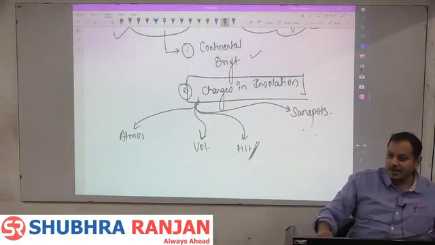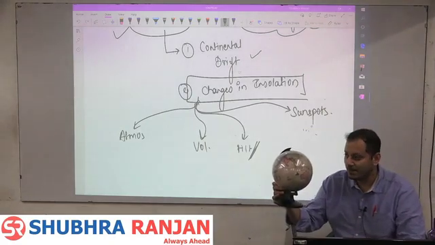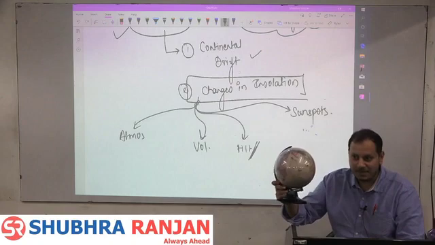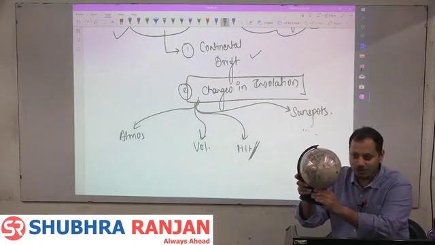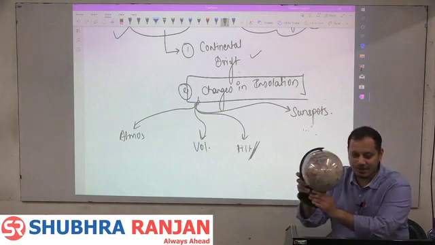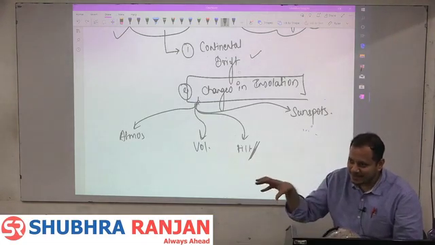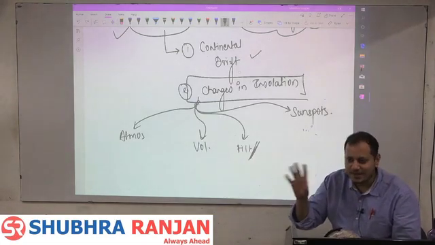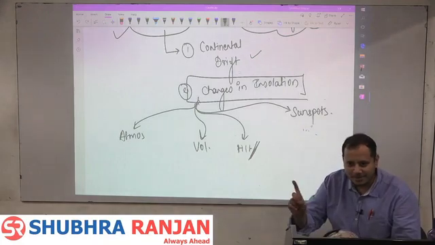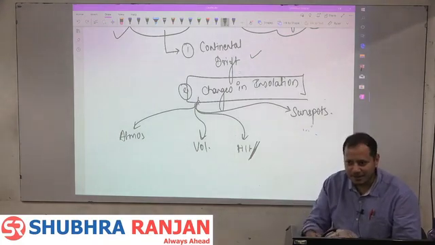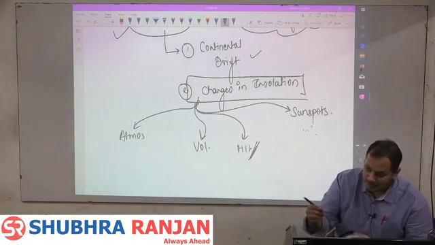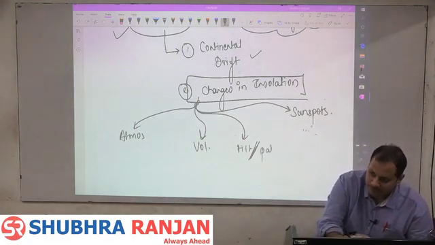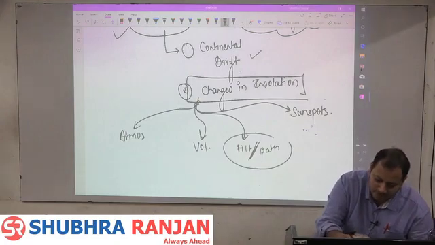The earth has a tilt. How much is the tilt of the earth? 23.5 degrees. But the earth's tilt varies from 21 degrees to 24 degrees. For the last 6,000, 7,000 years, it is 23 and a half. But it does not mean that it is going to be 23 and a half only. It will keep on varying. And so either the tilt or the path changes. Understanding? And this is what we will call as